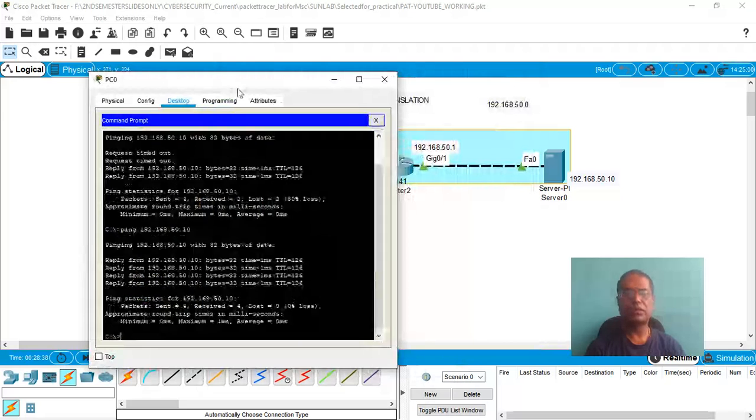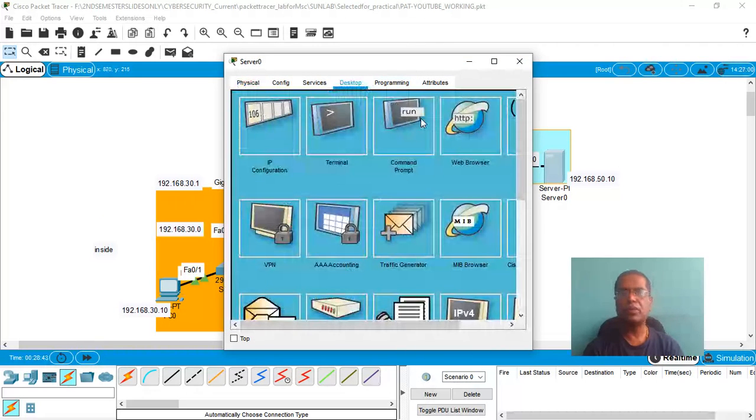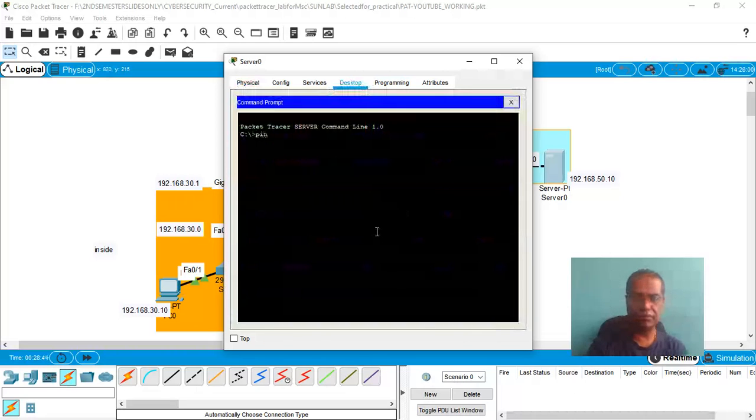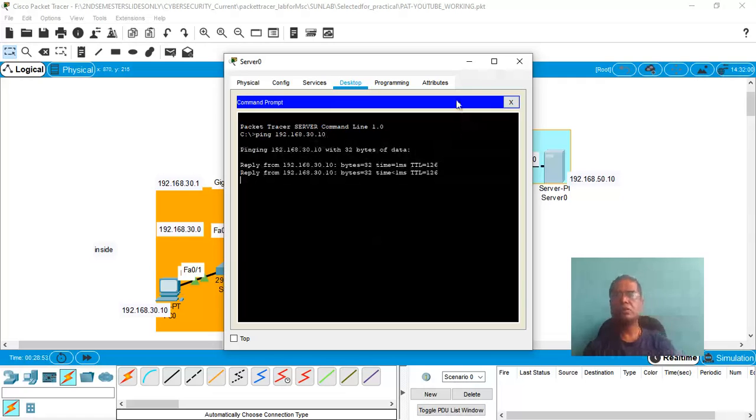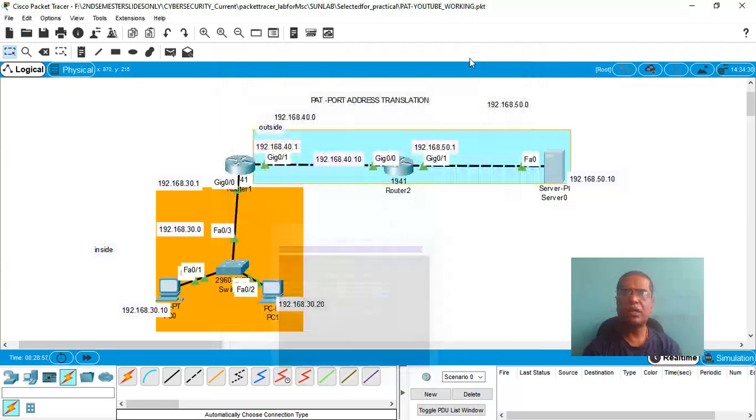So they are communicating with each other here. Reverse pinging, yes, let me go and ping 30.10. So that is a reply. Both the machines are communicating with each other. Now let us go and configure port address translation.